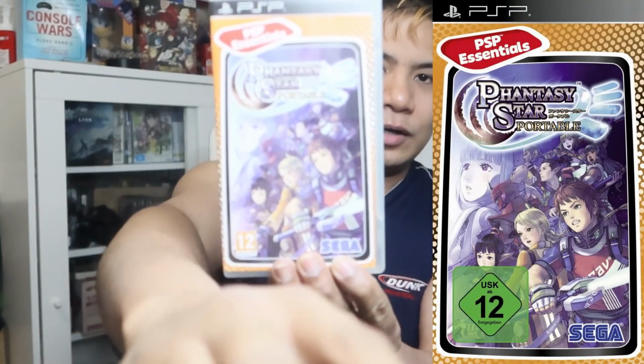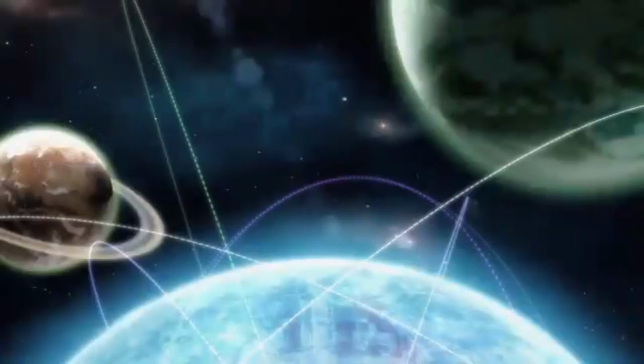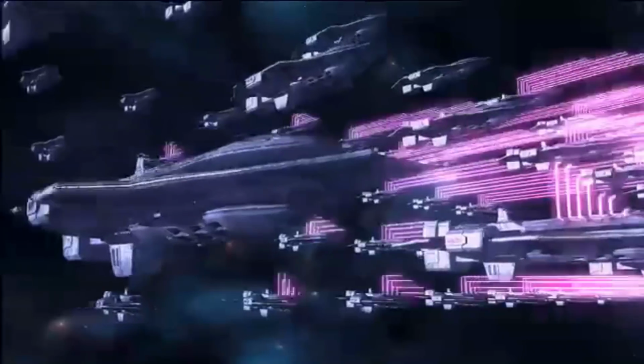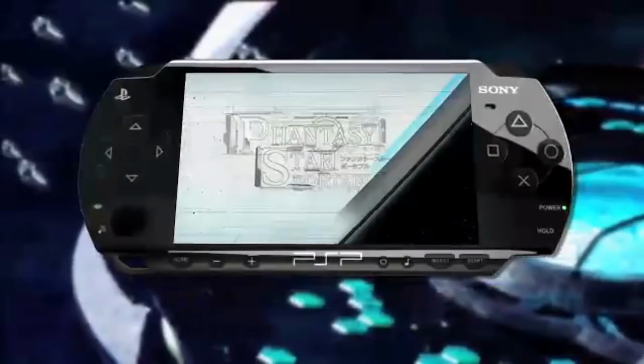So we got Phantasy Star Portable. The first one I played was Phantasy Star Online for the PC, and I had a PlayStation instead of the Dreamcast back then. Back then, the internet service of the Philippines was not really reliable to keep you online long enough before things got really slow. This game was 40 Australian dollars when I saw it on eBay, but it has the PSP